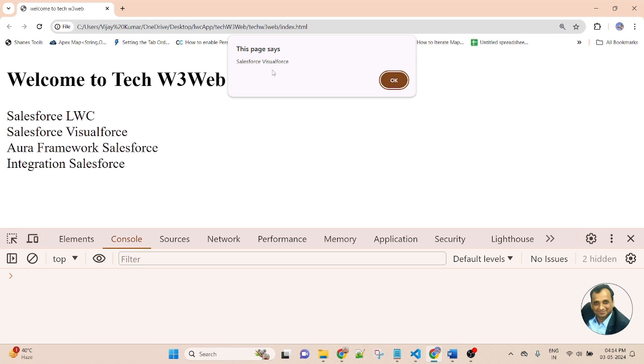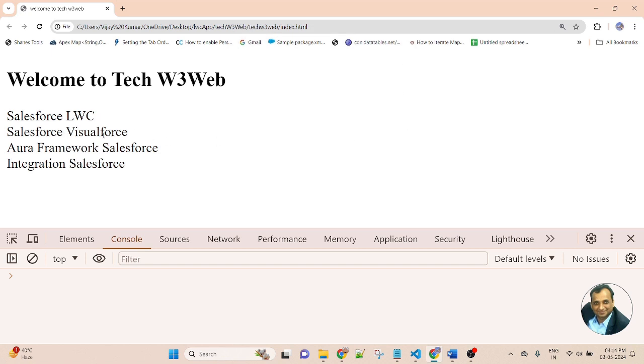This is the Visualforce page. So this is a child, this is a parent, and this is the parent of the Visualforce page. So click on the Visualforce page, and Salesforce LWC automatically calls this event. Now it's complete. Now if I click on the Visualforce page, it has only one parent. So first the Visualforce page message will be displayed, and this message automatically appears as an alert message. When you click OK, it will display Salesforce LWC. Then it will be complete, because the Visualforce page div has only one parent.